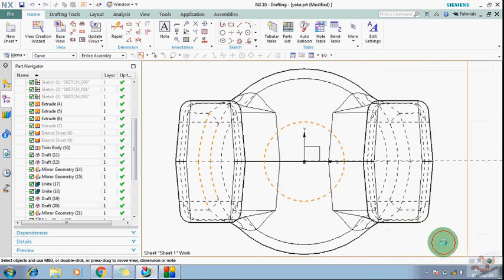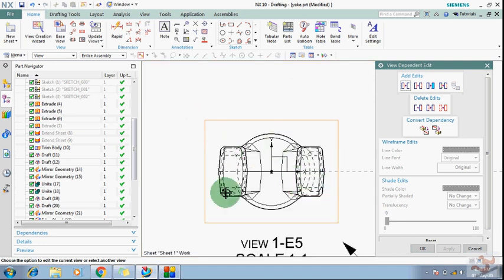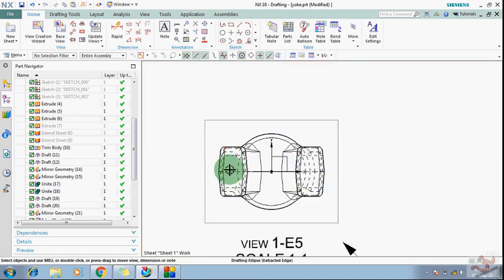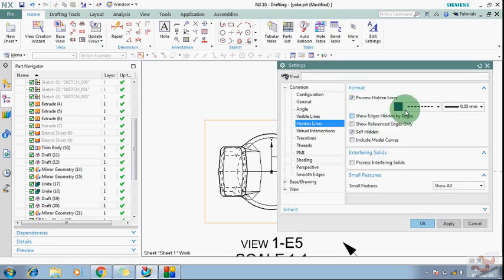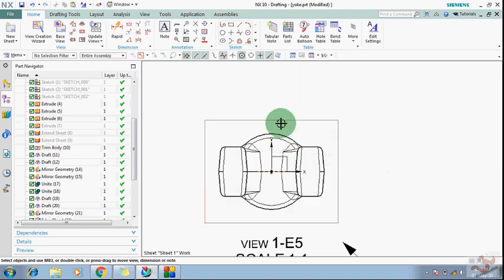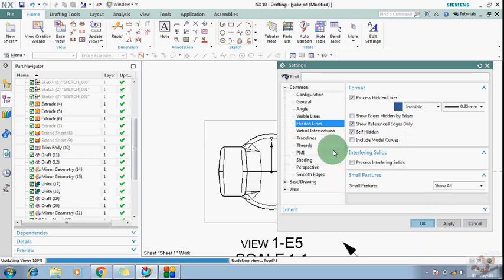You can see these lines have been removed, and other hidden edges are showing. Suppose that when I want to get them back, I go back to setting and check show reference line. No line will appear here. Just go to the settings and make it individual.